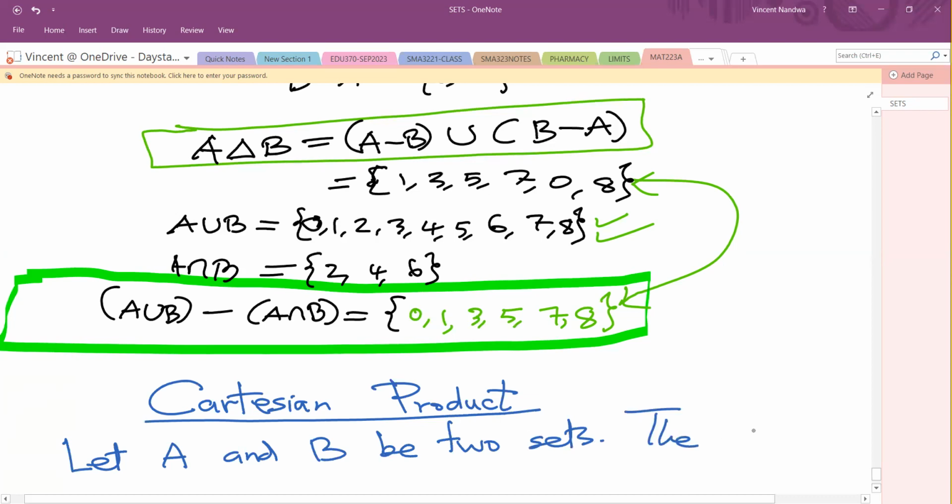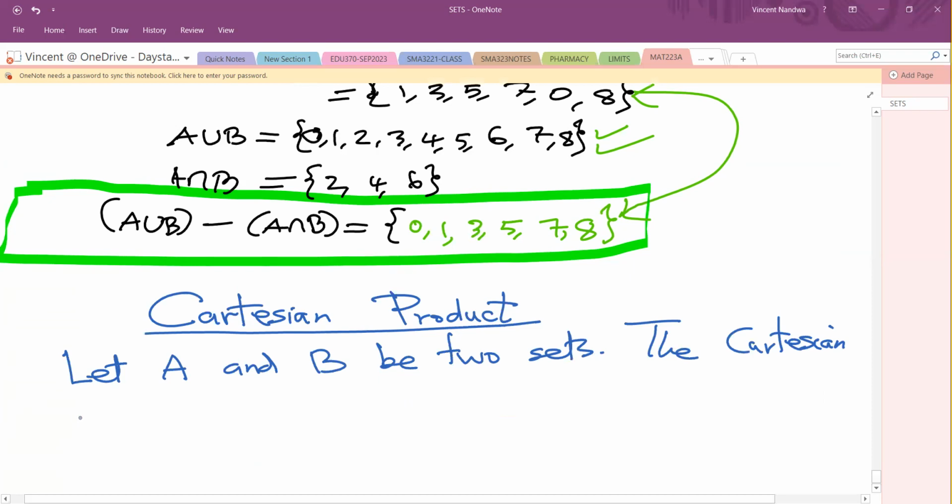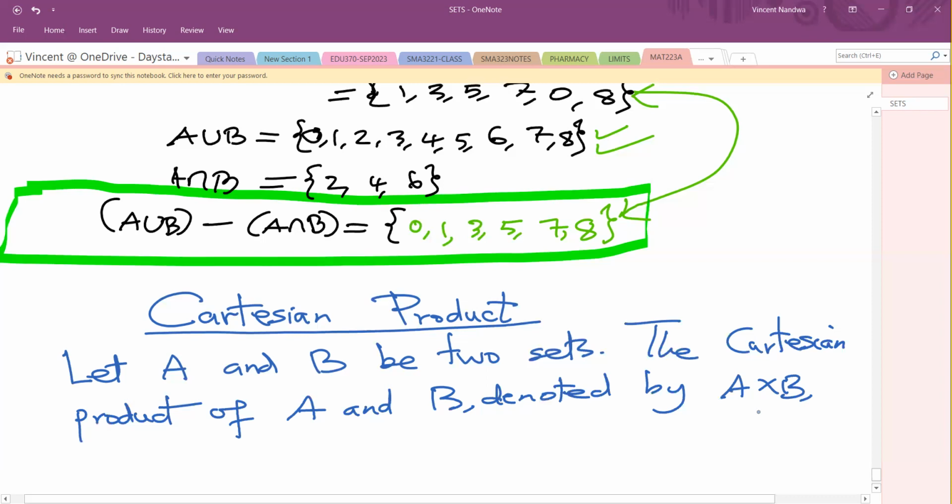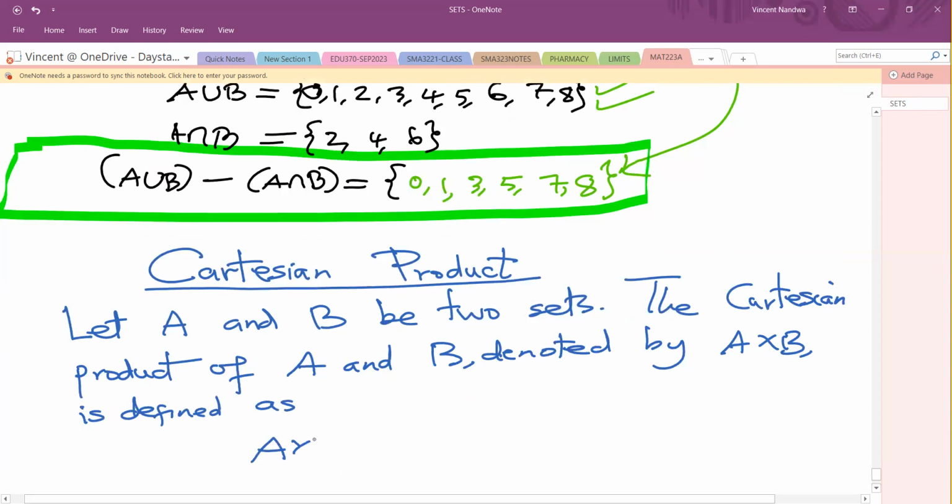The Cartesian product of A and B, denoted by A cross B, is defined as a set of all ordered pairs (a, b) such that a is from set A and b is